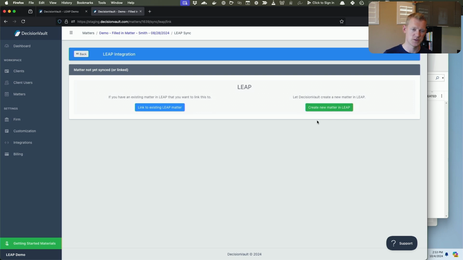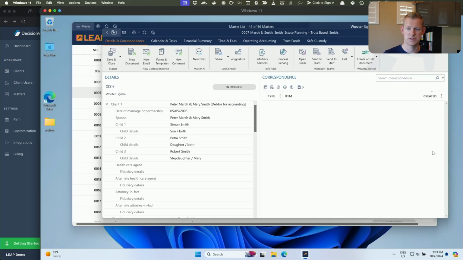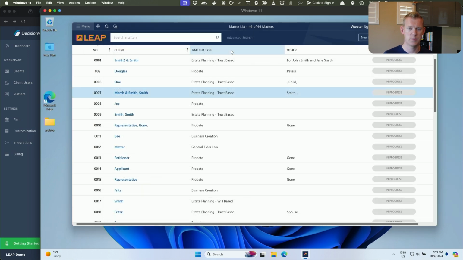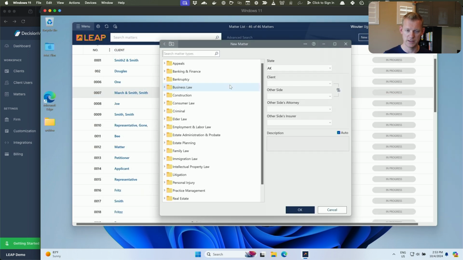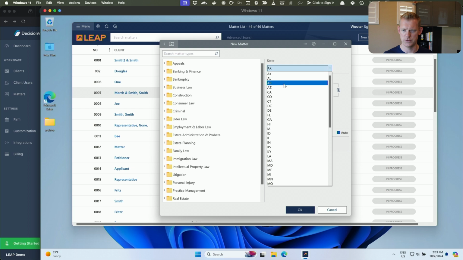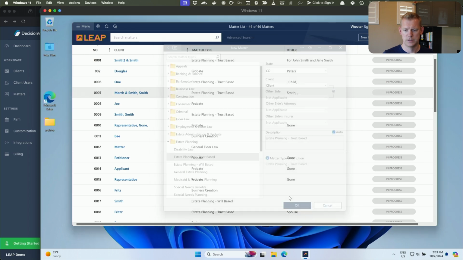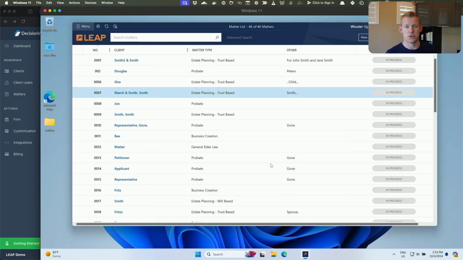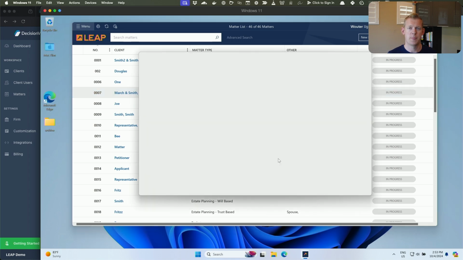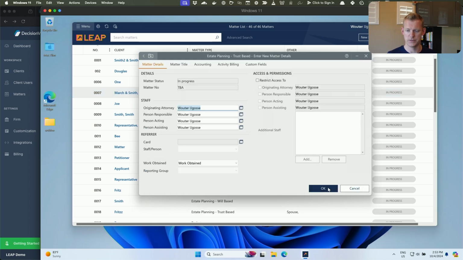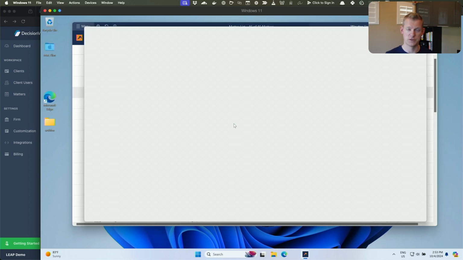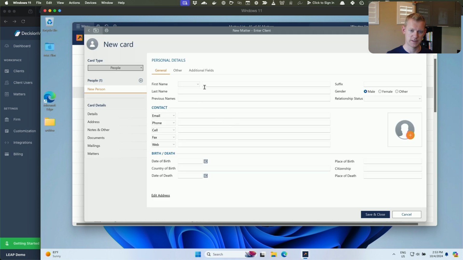For this demonstration, I'll start first with linking to an existing matter in Leap. So in Leap, I go to create a new matter. Let's do Colorado estate planning, trust-based plan. And then the thing that you need to create at least is one contact for the client. Then you can link that in DecisionVault, and DecisionVault will fill in the rest of the contacts under the matter,